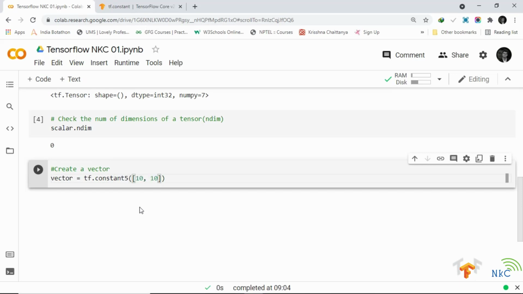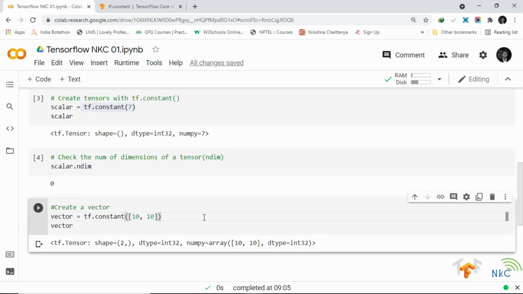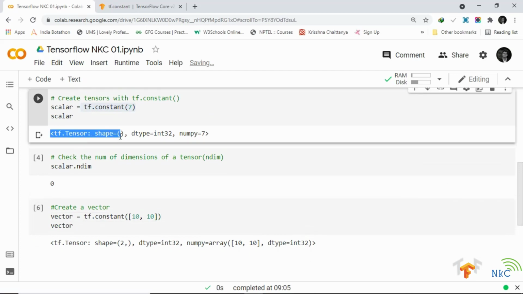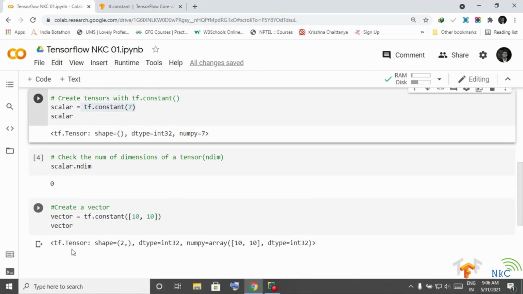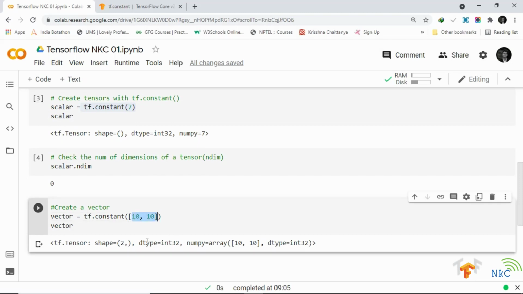Let's see how these two differ. We have a scalar, which is a tensor with shape empty and data type int32, and in NumPy the value is 7.